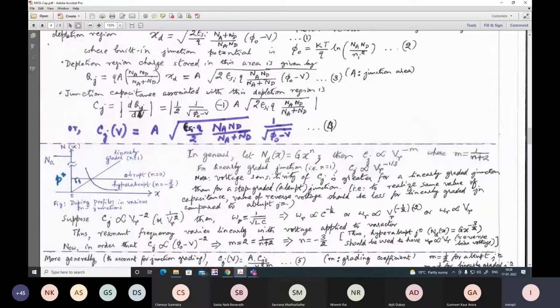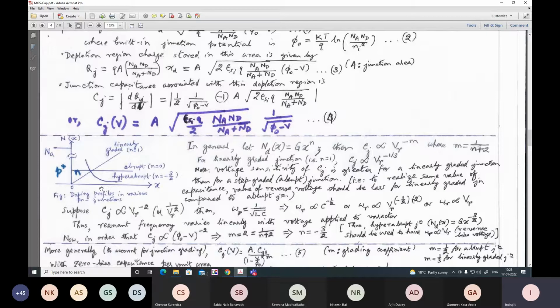If we have here also a perfect wall type, that means the step or abrupt grading. On the right of the metallurgical junction, it is entirely N type, and on the left, we have entirely trivalent impurities. But this abrupt or step graded junction, we mostly take into account for simplicity. In general, for different applications, the junction can be a graded one.